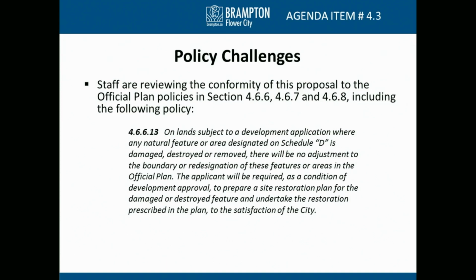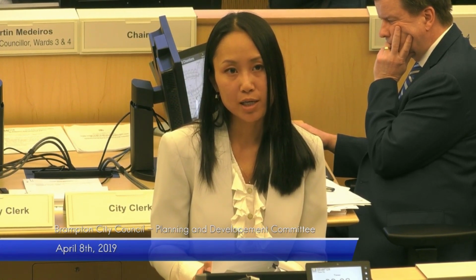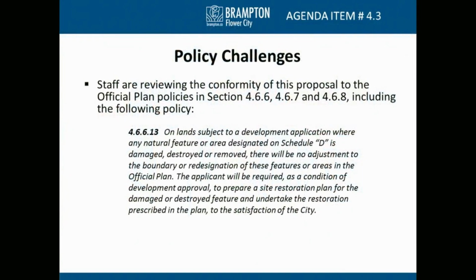So at this time, staff have concerns with regard to the loss of natural heritage features and areas due to the unauthorized tree clearing on the subject site, and are evaluating the proposal's compliance with the policies relevant to natural heritage features as set out in the city's official plan. In particular, Section 4.6.6.13 states that on land subject to a development application where any natural feature or area designated on Schedule D is damaged, destroyed, or removed, there will be no adjustment to the boundary or redesignation of these features or areas